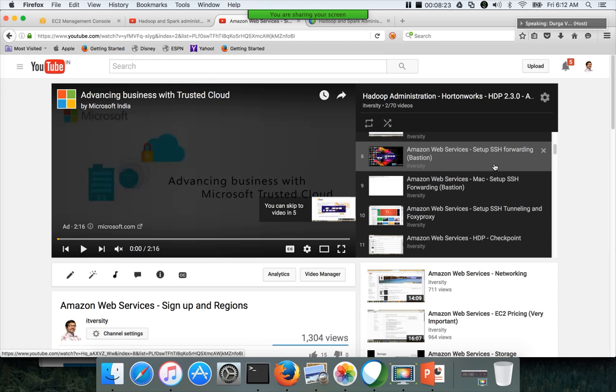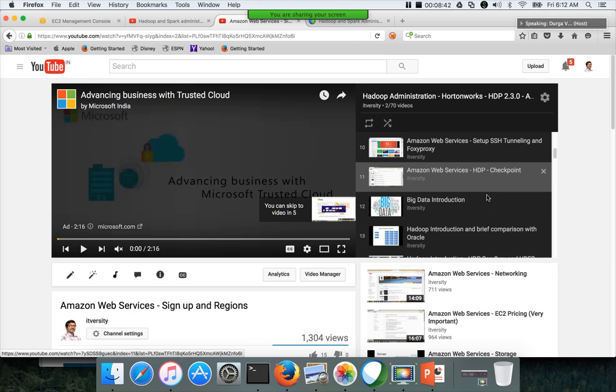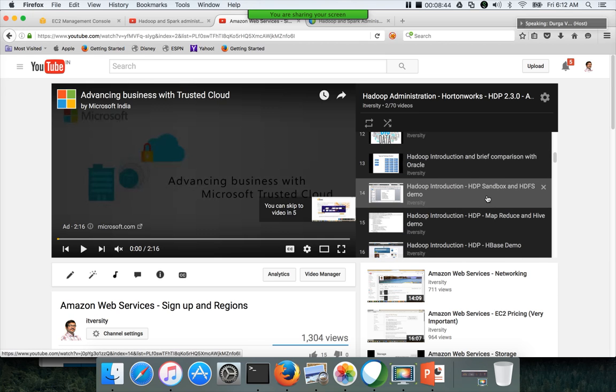Okay. So on top of that, once you provision the servers on AWS, you should be familiar with setting up SSH between the system and the servers. So these videos will cover those things, and then you will actually start setting up the cluster. Similarly, if you go through virtual machines,